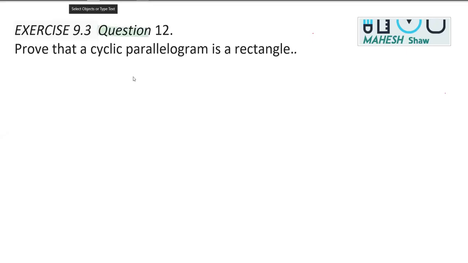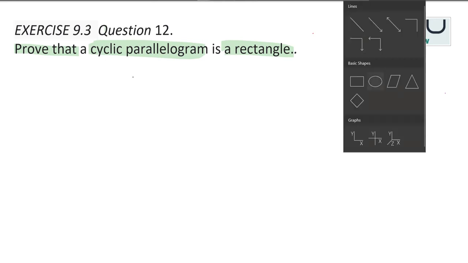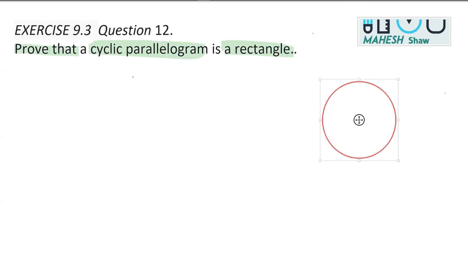We are now on question number 12 from exercise 9.3, chapter Circles, class 9th. In this question, we are supposed to prove that a cyclic parallelogram is a rectangle. So the very first thing that we will do is to make a circle and then a